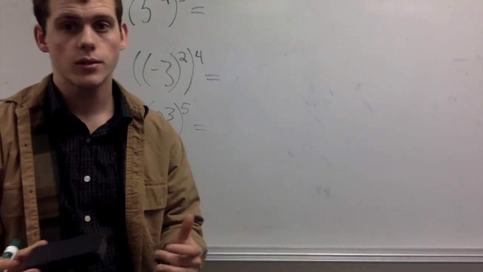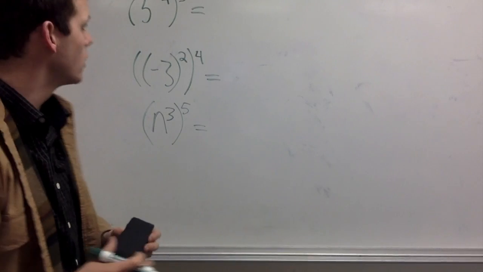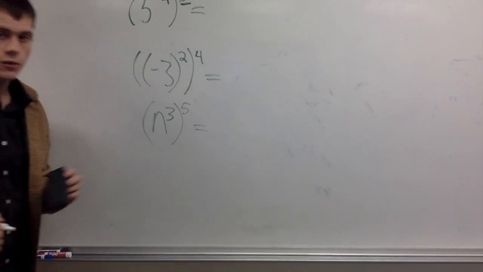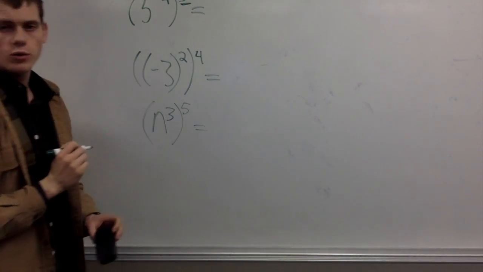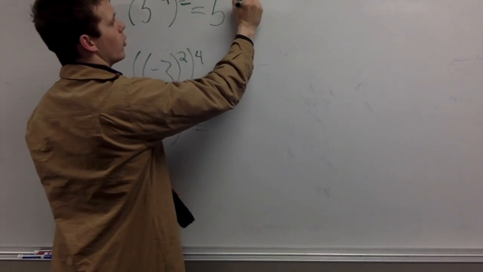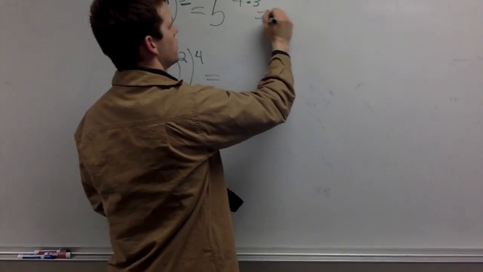Our next set of problems are going to have to do with powers of a power. So all that means is we have a hanger. Now, as we've talked about, a hanger simply means you multiply. So we get 5 to the 4 times 3, which is then equal to